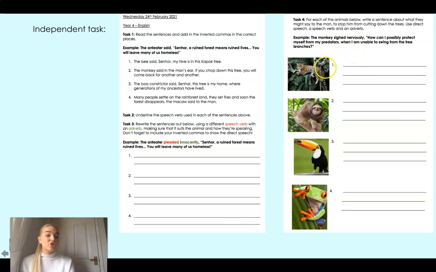So it would be here, the jaguar, something, something, and then you open up the speech. The sloth, something, something, and then you open up the speech. The toucan, something, something, and then you open up the speech, okay? Remember to follow the steps that I did. First, think about why the jaguar might need to be in the jungle. We've learnt about these animals in our geography lessons, so hopefully you'll remember. And that is your task for today.